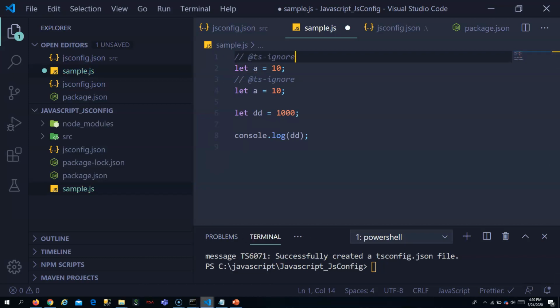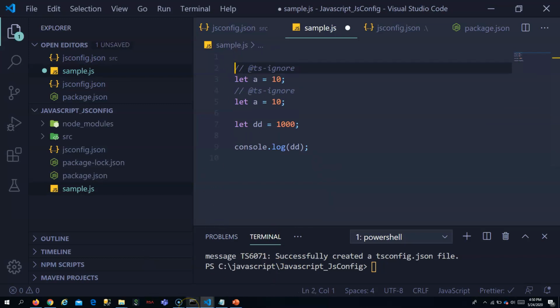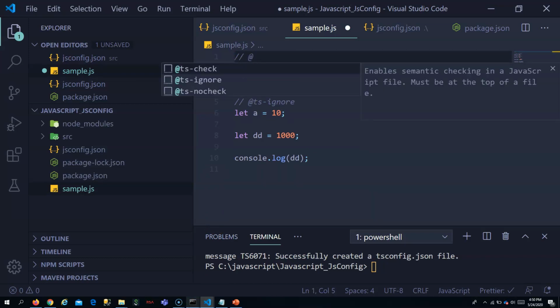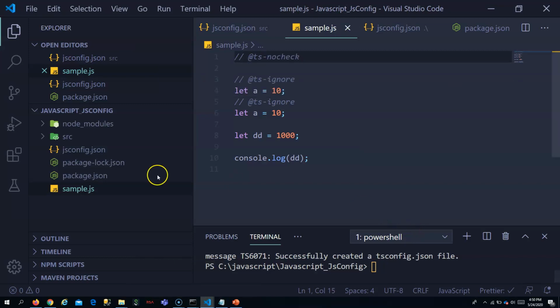Similarly you can make it not check a particular file by using ts-nocheck. By this way you can also make that error not come here.